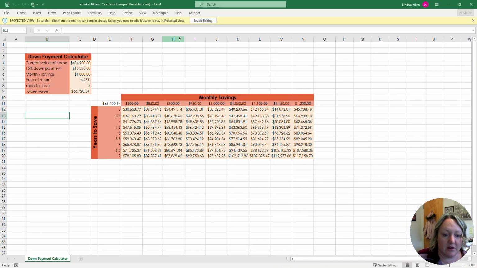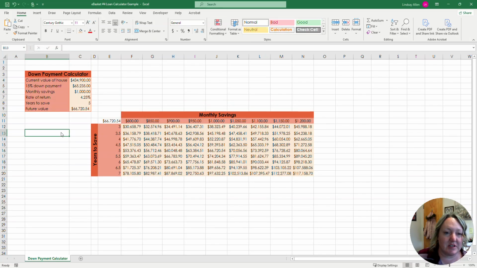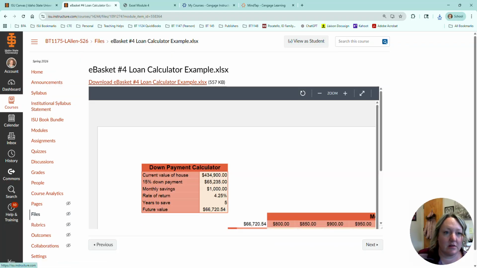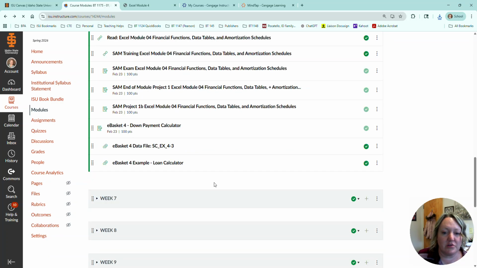Okay, here is an example of what a student put together. So I give you a worksheet, a starting file, let me show you what that looks like. If I go back, your start file's right here. So you're going to download this file. This time you don't start from scratch. You start with the file I give you, you open it,